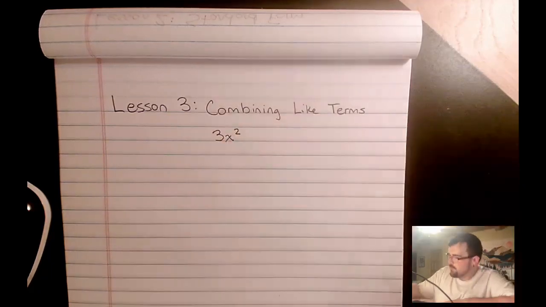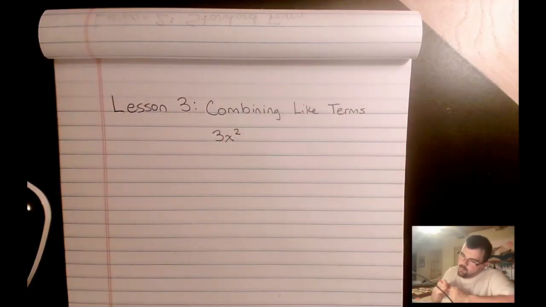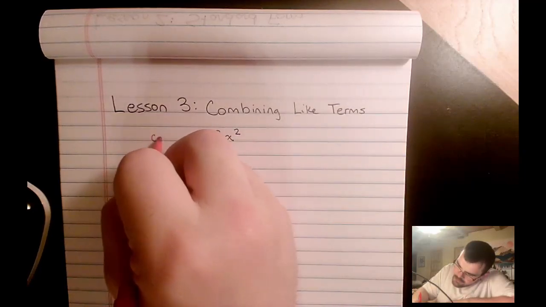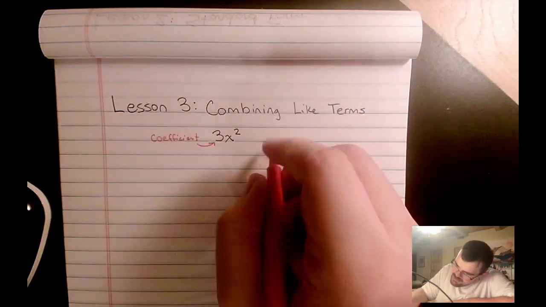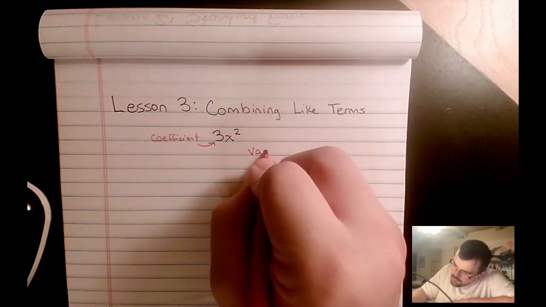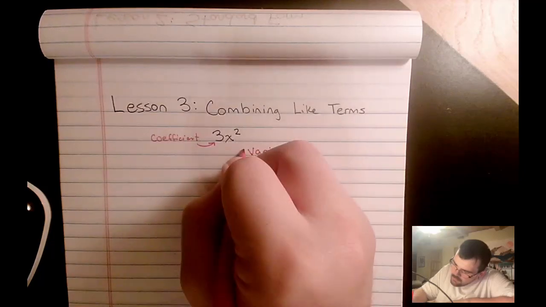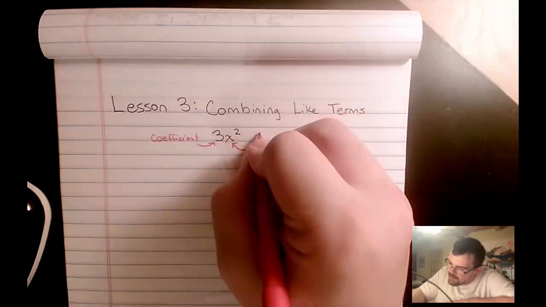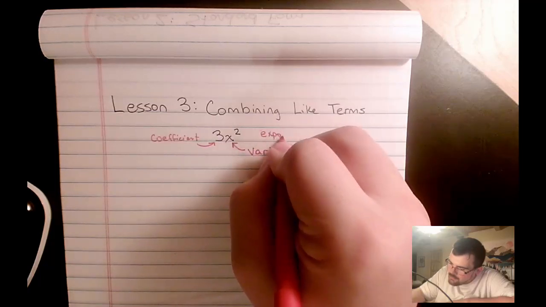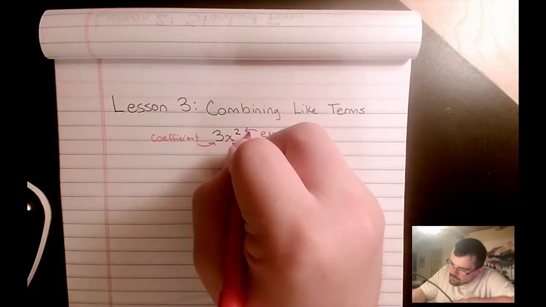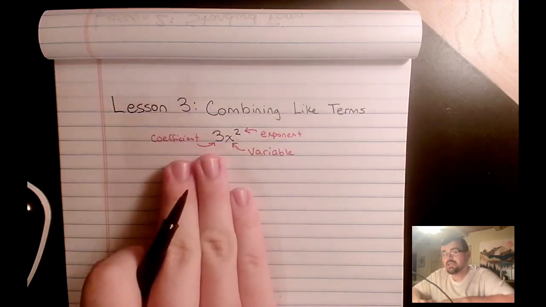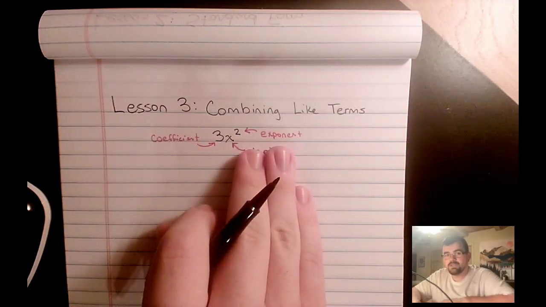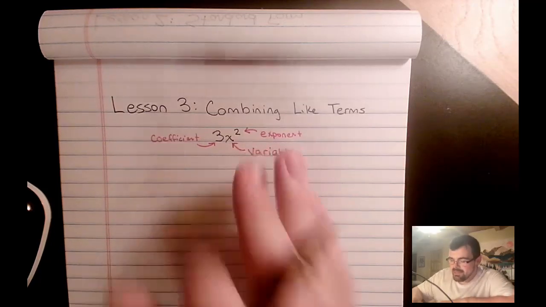3x squared. Okay, where 3 is the coefficient, x is the variable, and the little 2 up there, that's our exponent. Okay. So, combining like terms is super simple as long as we have a good grasp on these parts of a term. For terms to be like terms,